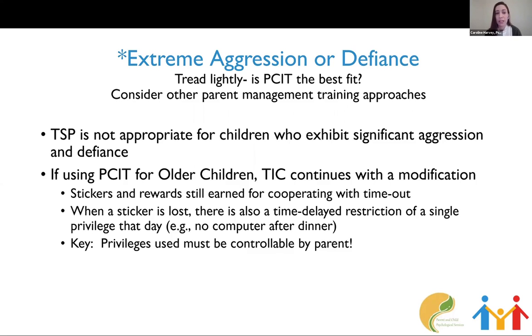So again, they're going to get stickers and rewards for cooperating with timeout. And when a sticker is lost, there is a time delayed restriction of a single privilege that day. So we're not telling them in that moment when things are already heated, but we're taking away one privilege permanently for the rest of the day. So no computer after dinner, for example.